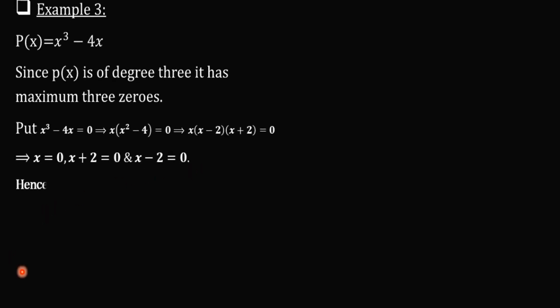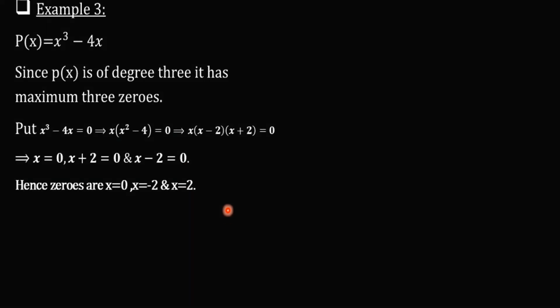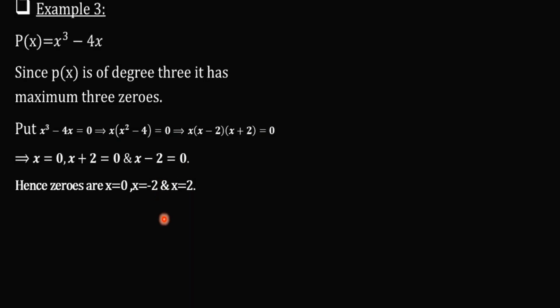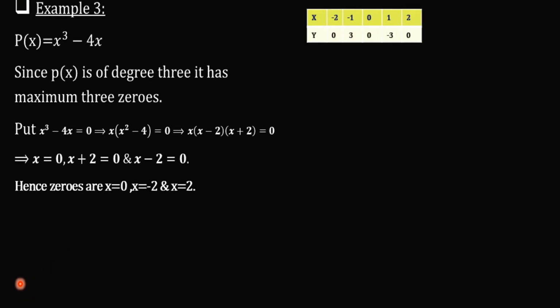Hence the zeros are x equal to 0, x equal to -2 and x equal to 2. So we have 3 zeros here, that is x equal to 0, x equal to -2 and x equal to 2. Next we have to plot the graph. So our points are when x equal to 0,